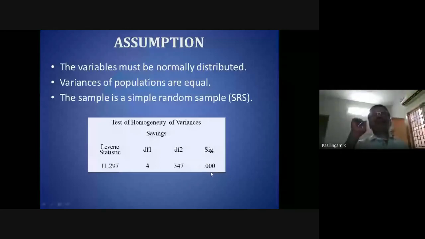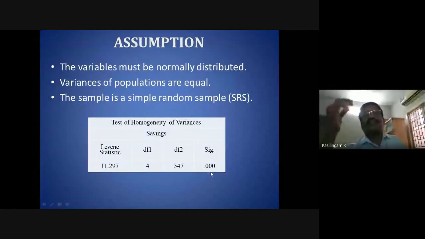For all testing, chi-square test, ANOVA, independent sample t-test, correlation or regression, the null hypothesis says there is no association, no difference, no relation.